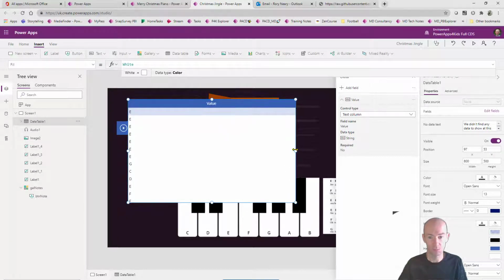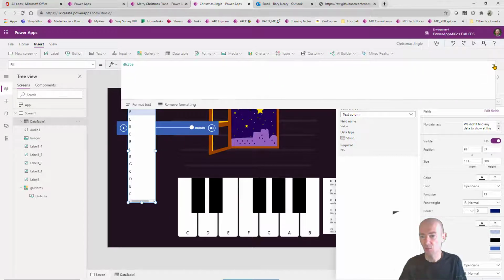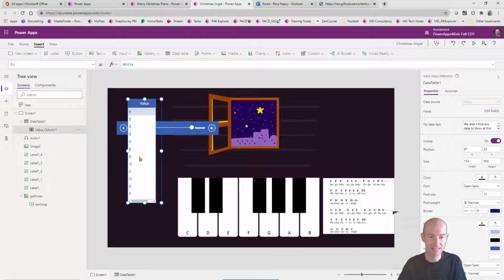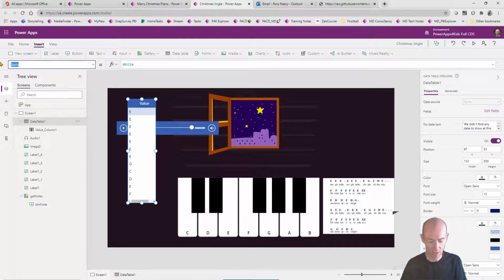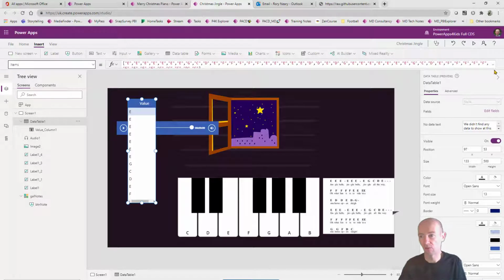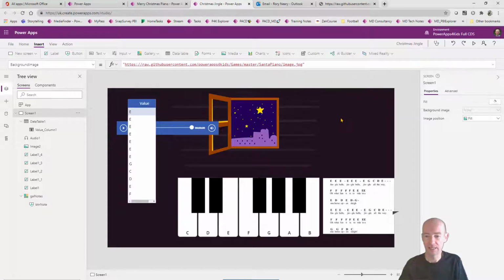This is all of the things that we want to play. But, you know, it's not a really nice way of us looking at this. So what we want to do is something a bit more clever than that. So what we're going to do is use this same idea here. If we actually look at the items, it's written in a very funny way. So if I go on to the items here, we can see that there's a big long list of items. So if I copy that, and you will be able to get the way of downloading this as part of the resources, then what I can do is I can go on here and I can then put a text